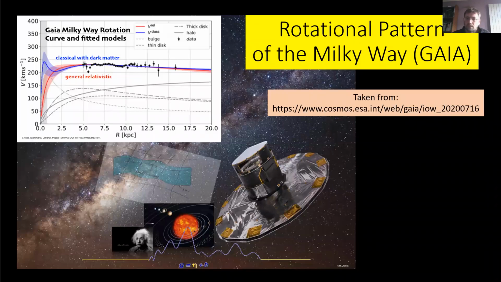So before we continue, I wanted to show you a new slide, or new graphics, which I just found about Gaia data for the differential rotation of our Milky Way galaxy. So we see here again the velocity as a function of the distance from the center of the galaxy. Down here are the different contributions. And then two different ways to describe it, with classical and fully relativistic